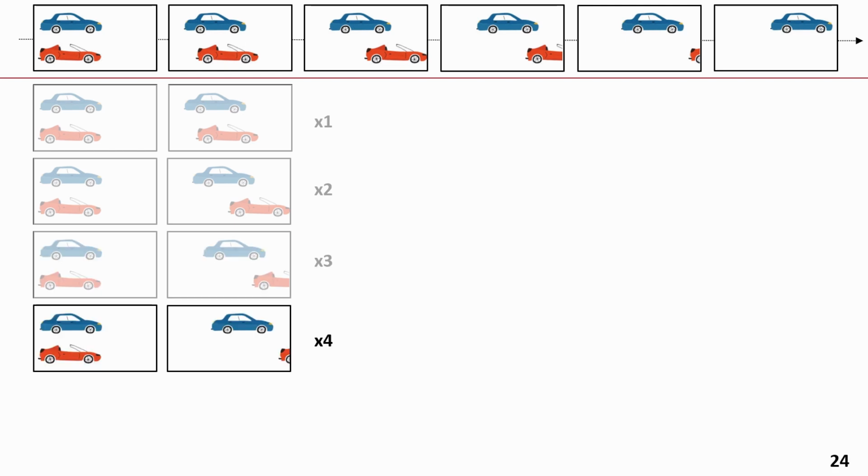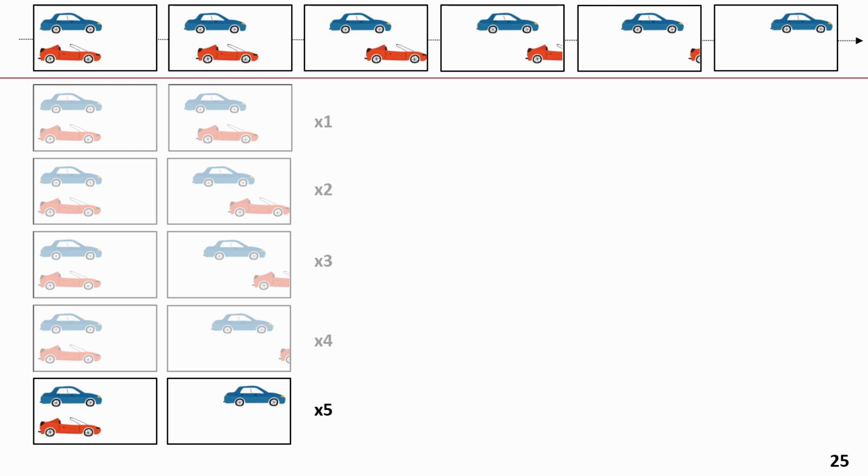Once more, we ask the drivers to go back to the starting line and go with 4 times the speed. And again, we take a single photograph at the exact same time as before and end this experiment as well. For the last time, we ask the drivers to go back to the starting line and go with 5 times the speed. And again, we take a single photograph at the exact same time as before and end this experiment